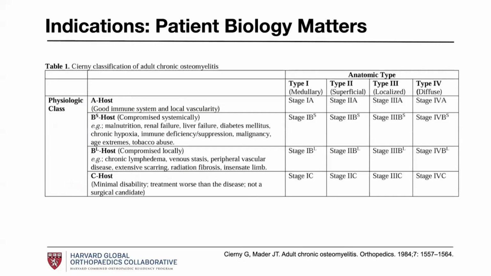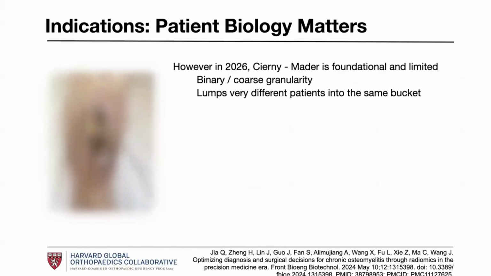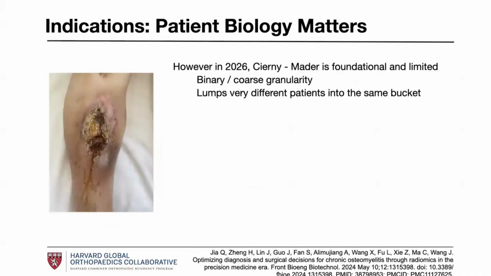This is their original classification, with the patient's host biology cross-referenced with the different local anatomic systems for osteomyelitis. This has been used for decades, and we're all familiar with it. However, in 2026, Cierny-Mader is foundational and limited, and we may still use it to talk amongst ourselves. But when you're looking at an actual patient, it's very binary and coarse, and it lumps very different patients into